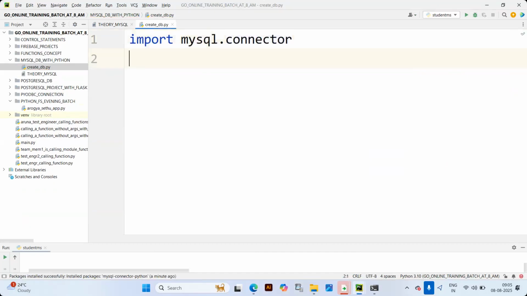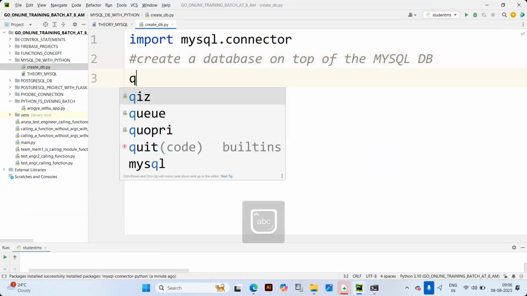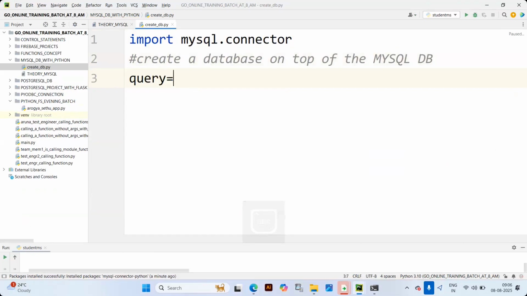Okay. Now, what is the query you want to be fired here? Our query is to create a database on top of the MySQL database. Now we have to write a query. What is the query? The query will be the object which is going to reference an object which will get the